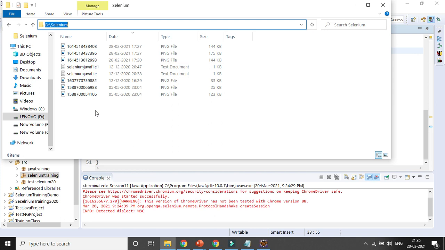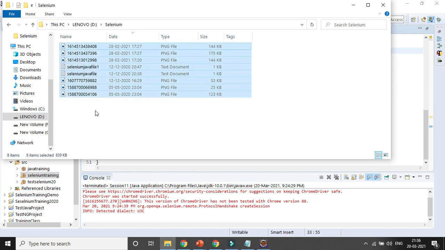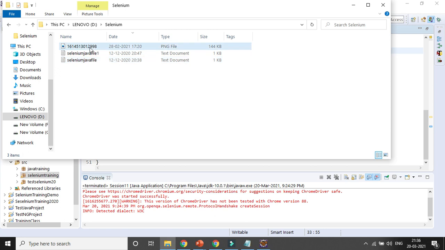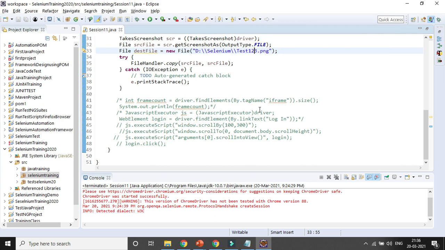Or let's remove all the PNG files. So I am removing all the PNG files. There is no PNG file available, only two text files are available, but I am storing it as a PNG file, test123. Let's run the code and see.